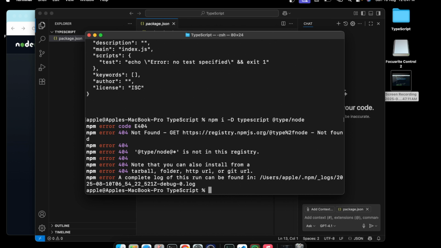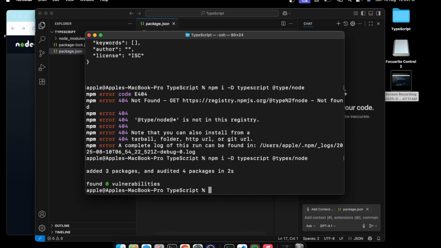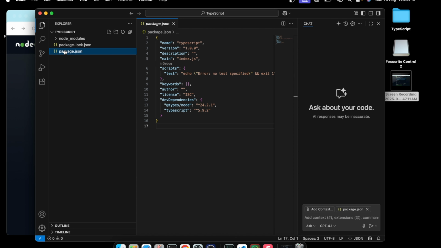It is saying that type slash node is not available, so we have to fix here, it should be types. Now @types/node is installed. Here you can verify in the package.json @types slash node, it is installed.